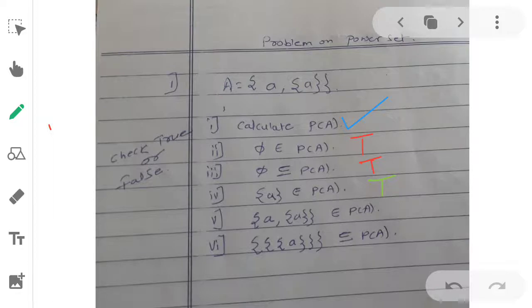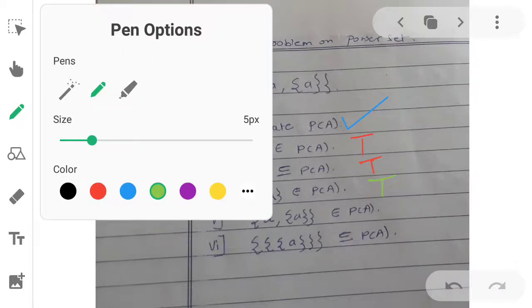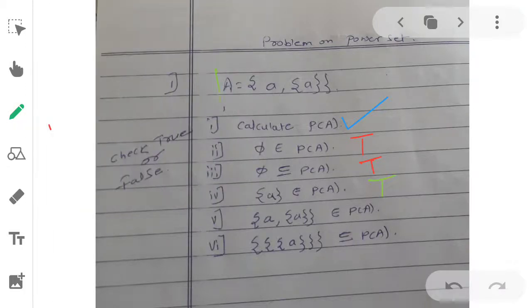After that, the fifth one: check whether the power set of A contains {a, {a}} as an element. If you look at this particular set, this set {a, {a}} is the same as this particular set.